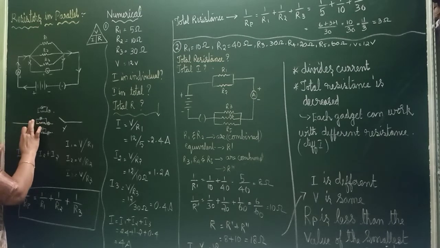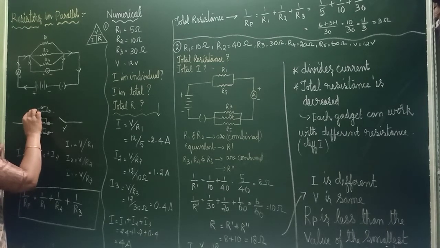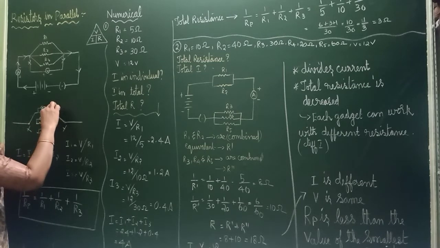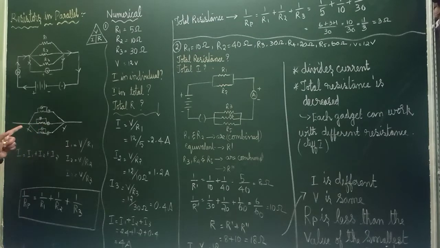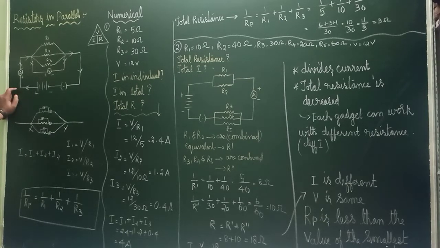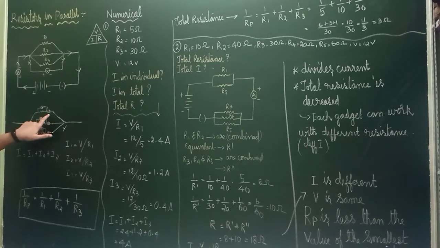Okay, then same like this while connecting. How will you connect? Separately, if you want to measure the current and the potential difference. Okay, so if you measure like this, from this we came to know that in series I said that current is same, but here if you check, current is different in each branch. So it is just opposite to that, no? So I is equal to I1 plus I2 plus I3.